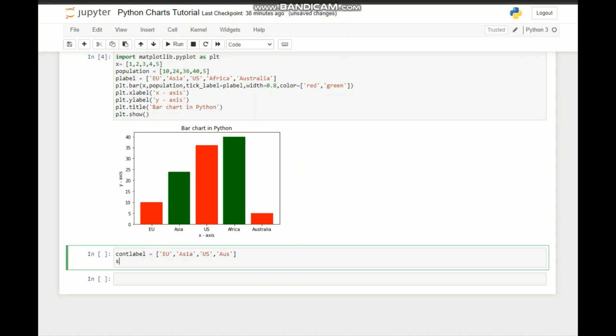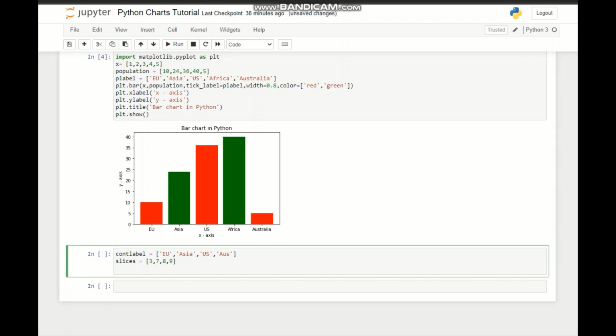So basically we can call this variable slices, and we can give some values, and then we can assign the colors for this also. So like red, yellow, green, and blue,